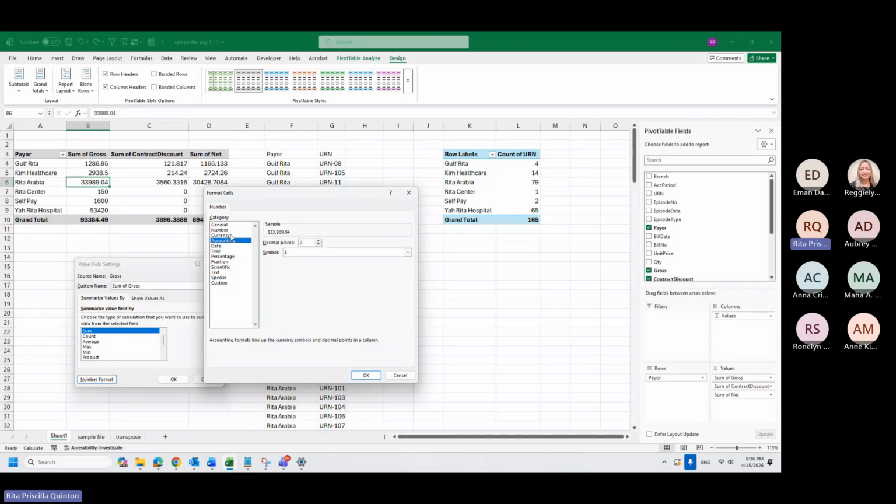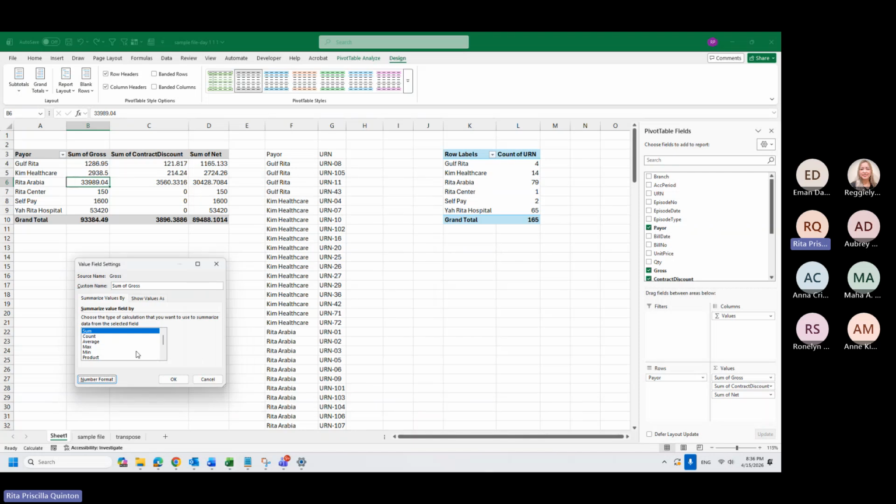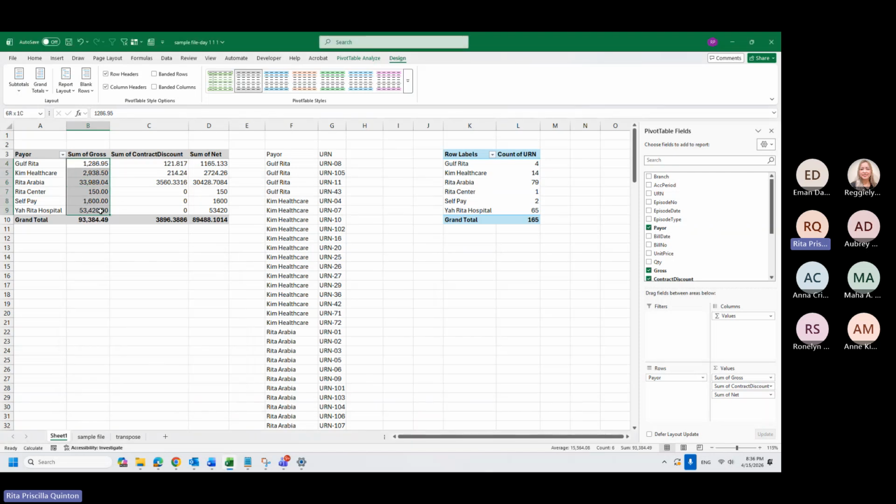So for example, I want to see a number with 1,000 separator and 2 decimal places because this one is currently showing me 4 decimal places. If I want to change it, just go here, value field settings, number format, then choose number. I will press OK and then OK. So now it's changed.